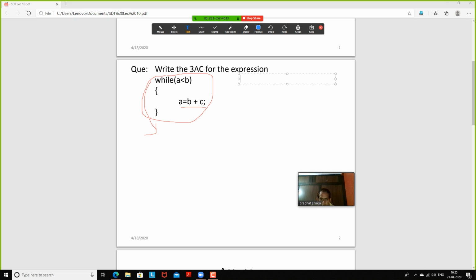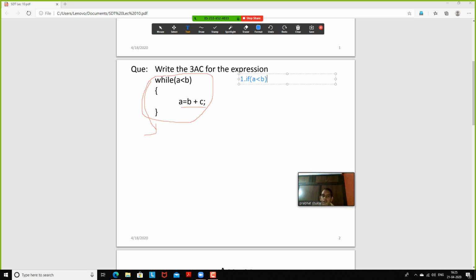Whenever we design a three address code for a loop, the condition associated with the loop is mentioned in this manner: if, and the same condition is imposed here which is provided in the loop.